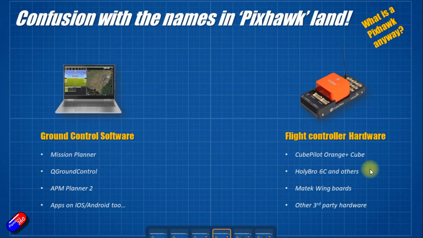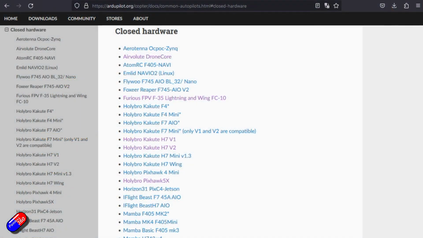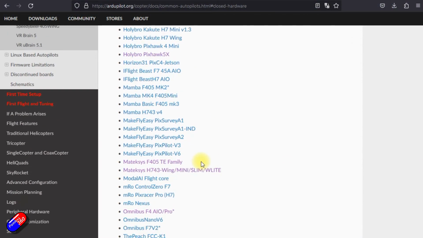Things like the Holybro 6C and other Pixhawk style flight controllers that they do, but you'll find again that in lots of cases Holybro are kind of getting away from calling their flight controllers Pixhawks. But then you don't have to use these same layout boards. You can use third-party hardware, and I've used things like the Maytech Wing flight controllers and also other third-party boards